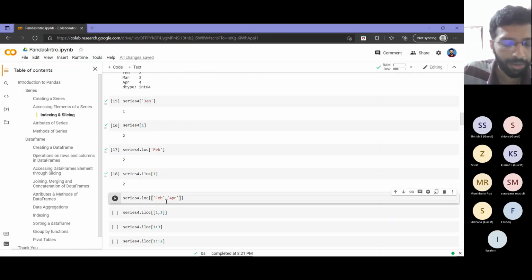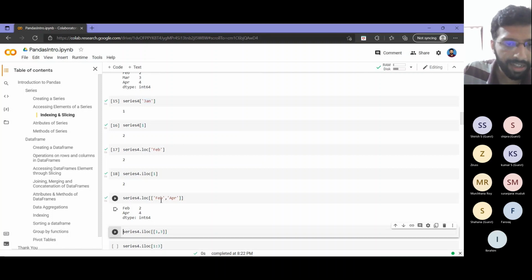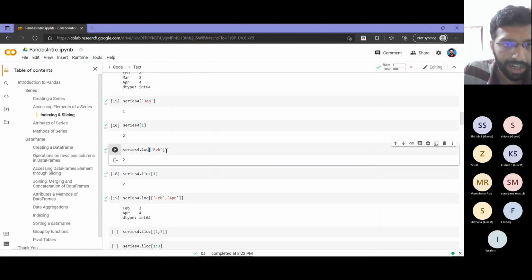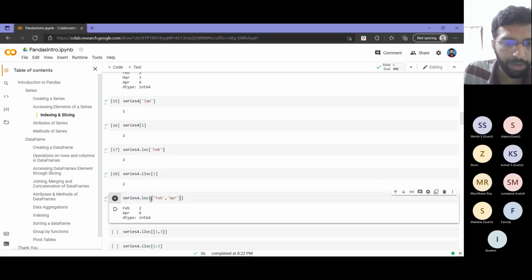So suppose I want the values of two indexes corresponding to February and April. So I can directly pass them. One difference you can note here is that when I wanted a single value, I had only one bracket. But since I need multiple index values, I'll be passing them inside square brackets.